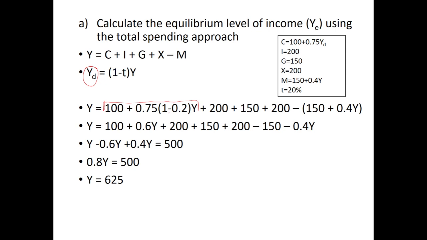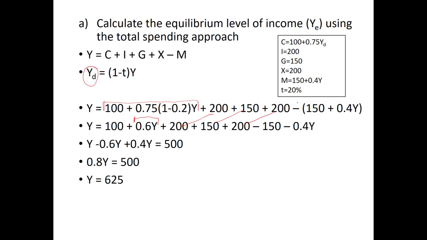So in this case, you are multiplying. First you're subtracting. 1 minus 0.2 is going to give you 0.8. Multiplied with the 0.75 gives you 0.6y. So that's now the consumption part of the story. You still have the investment over there, government spending,